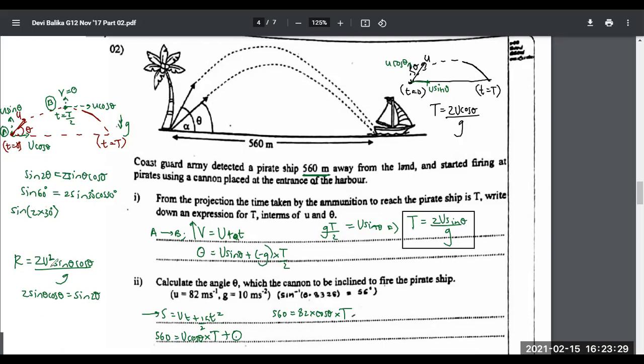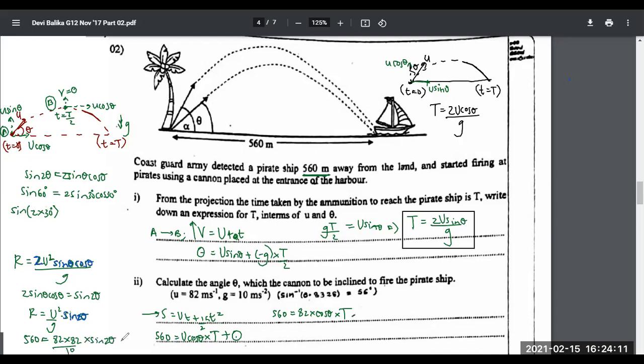That is the meaning of sine 2 theta equals 2 sine theta cos theta, right? So if we use this equation, then R will be written as 2u squared over g into sine 2 theta. Why did I write it like that? Because 2 sine theta cos theta, that whole thing can be written as sine 2 theta. Now using this equation you can get the answer because they have given you a sine inverse value. So let's see how far we can go with that. R is given to us. R is 560 meters, equal to u squared, 82 into 82, divided by 10, into sine 2